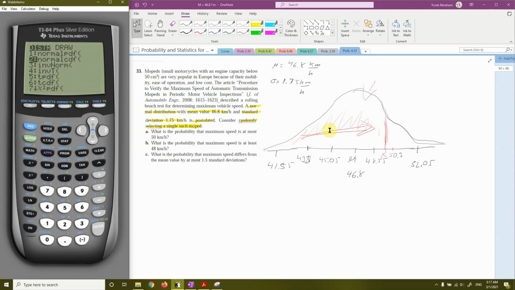So we're going to go ahead and do enter right there. It's going to ask us what's the lower, the upper, the mean, the standard deviation, and then paste it. Okay. So we're going to go now. If your calculator doesn't have this format of